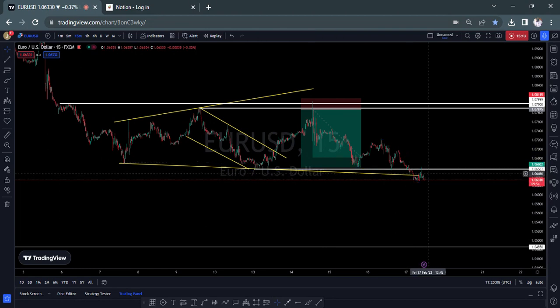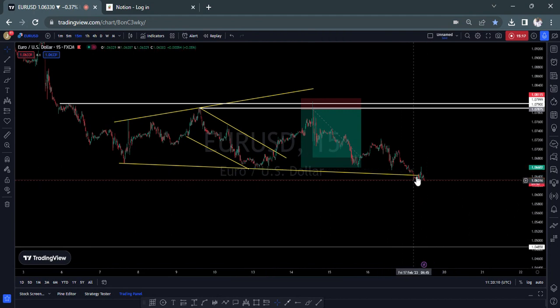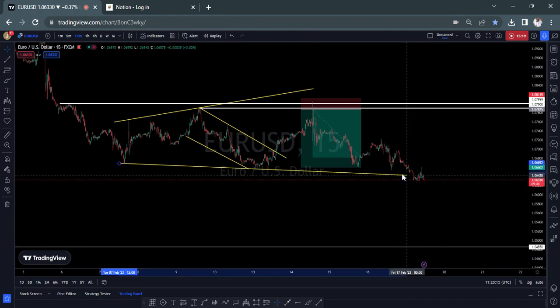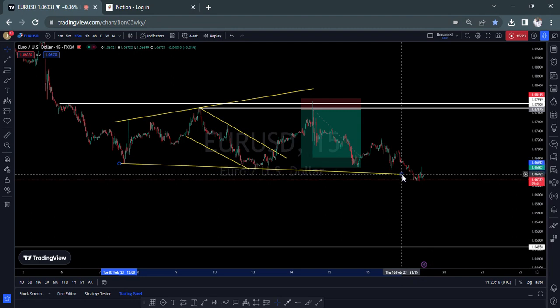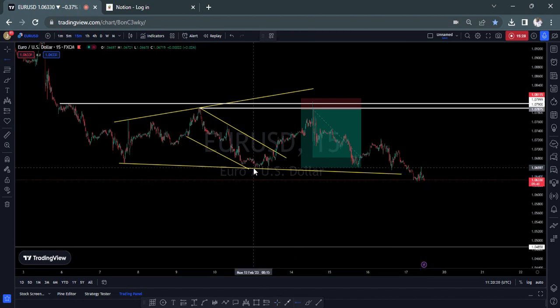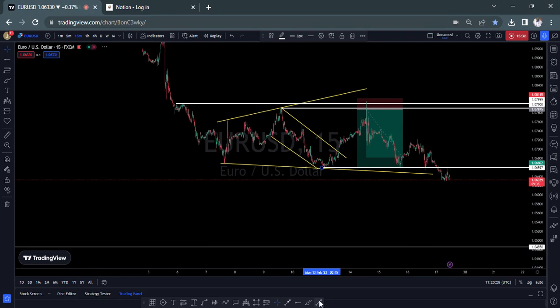So yeah, let me remove this so it will be simpler. There's something here that I'm noticing. I don't know how it would react, but